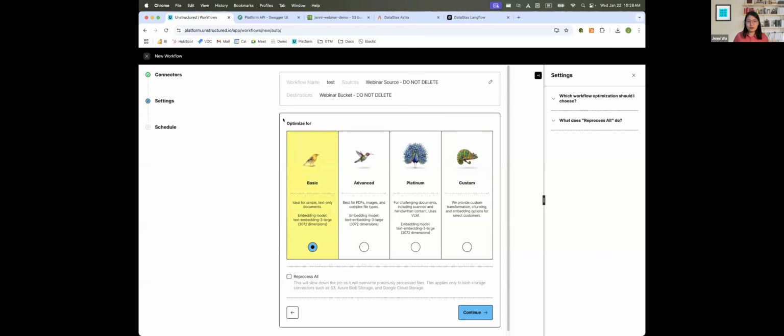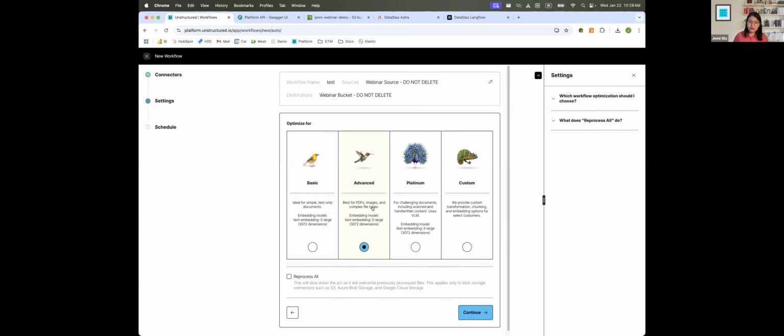Move on to continue, and then we have a few different ways for you to do transform. Our basic strategy is where we just strip out the text, and you're getting a super fast transform where we'll grab all of the text. It's very, very cheap to do. The next thing that we have is our advanced strategy.